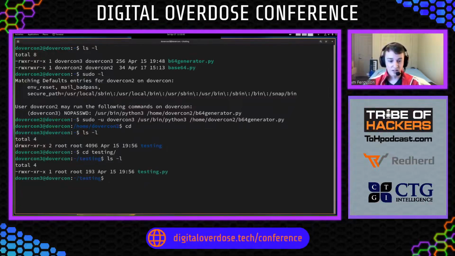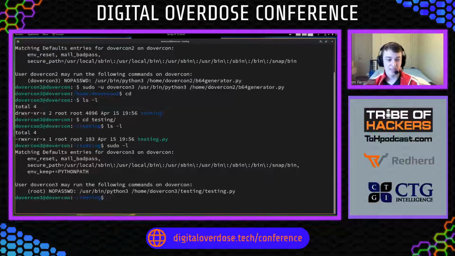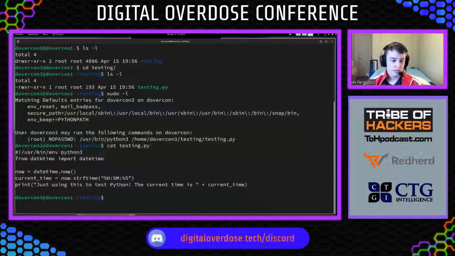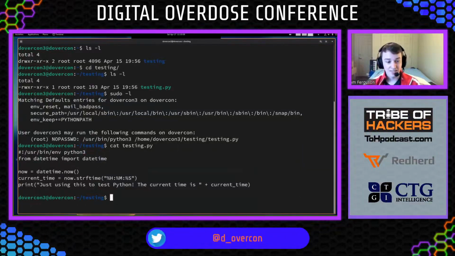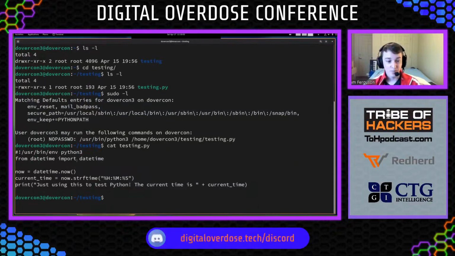All right, ls -l. Okay, we've got testing.py. Now, if I run sudo -l here really quick, you're going to see that I have env_keep += PYTHONPATH in here. So that's very interesting. So let's cat testing.py really quick. You can see that it imports the module datetime. Now you might also see this: from datetime import datetime. That's basically, sometimes modules will have submodules, so to speak, and you can import just one part of that module,